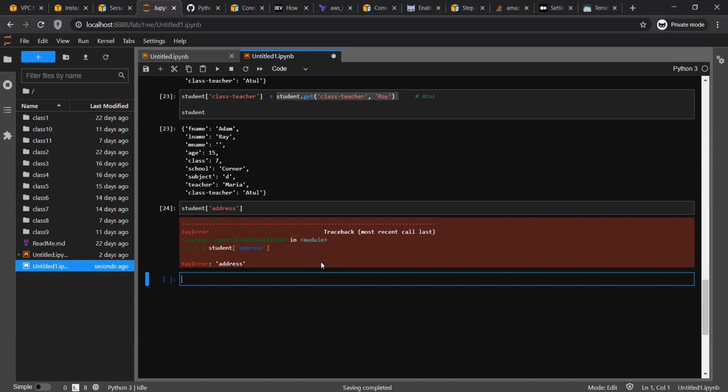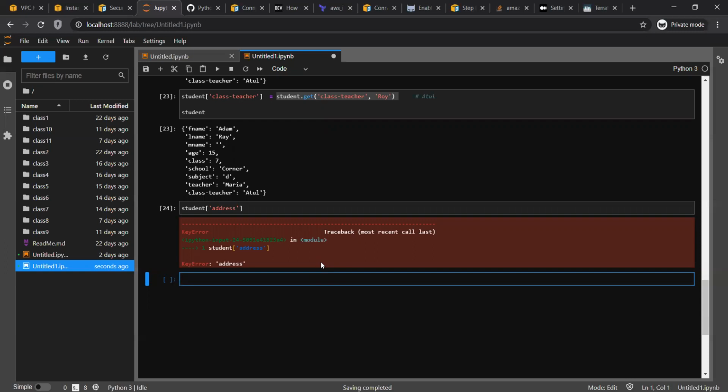If I write this code within a program, my program will break. My program will fail by throwing this error, and it will not proceed further. And obviously, when I run a program, I don't want to break my program. That's the idea behind programming.